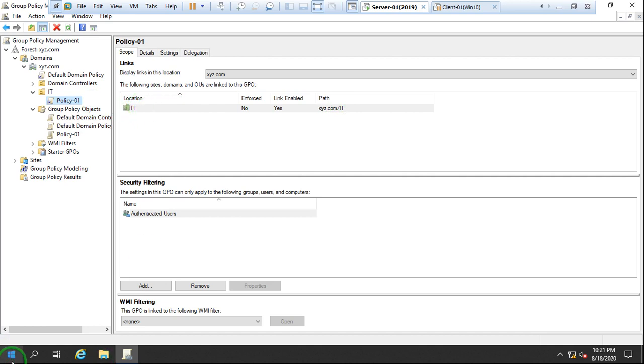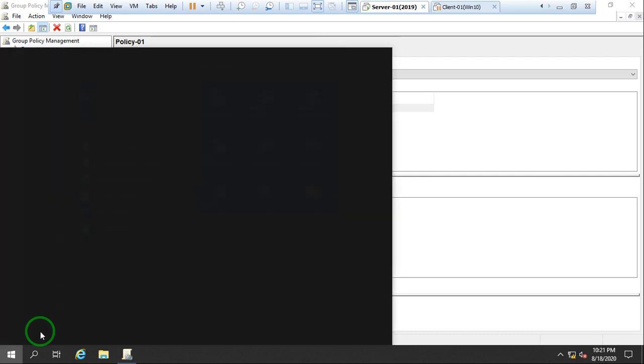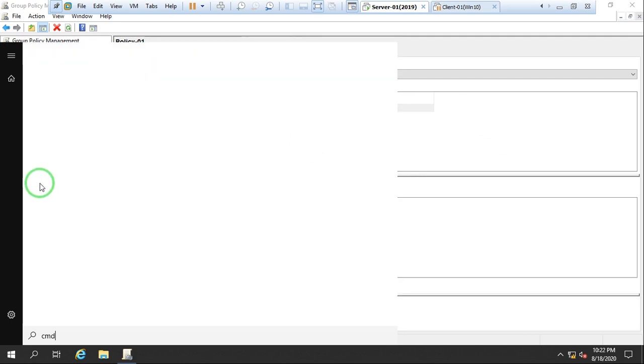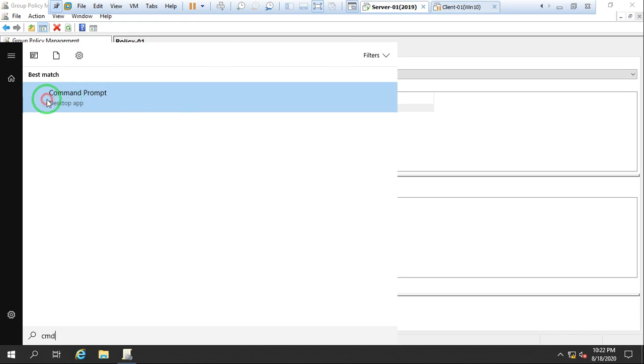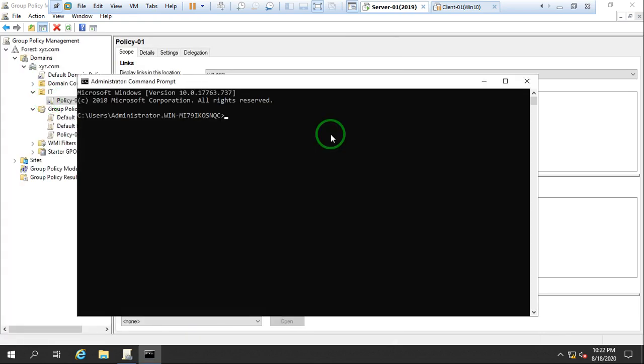Now I open CMD to apply the policy. I open the command prompt because I'm not able to use Run, since the policy is still applied.